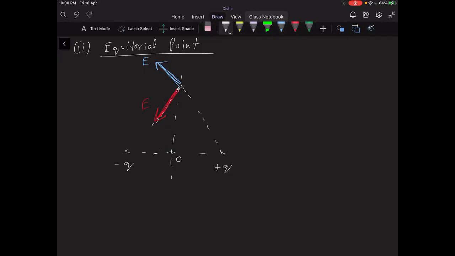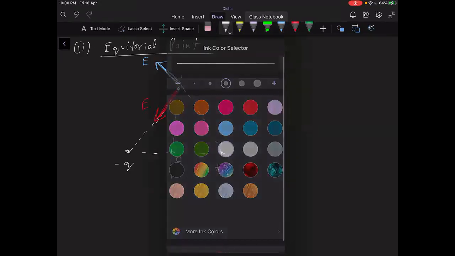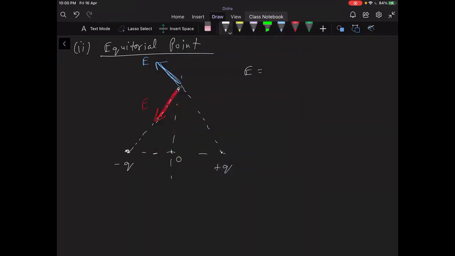So what is the value of E first of all? Value of E for both these positive and negative is E equal to KQ by R square. KQ by, what is R? R is not this thing. This guy is not R. I mean, yeah, name wise, yes. The distance is actually the hypotenuse. This is A, then the hypotenuse squared is A square plus R square, so the distance is the root of A square plus R square.